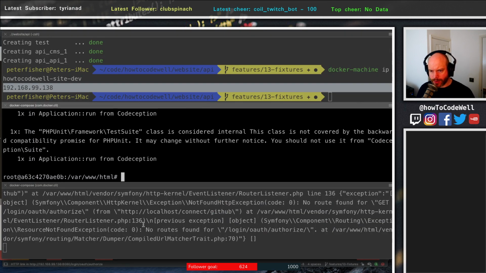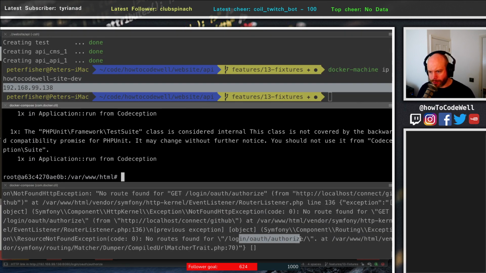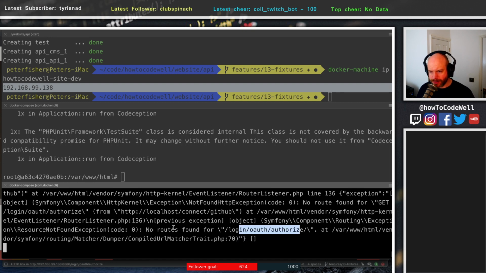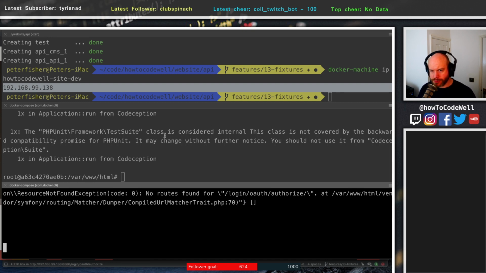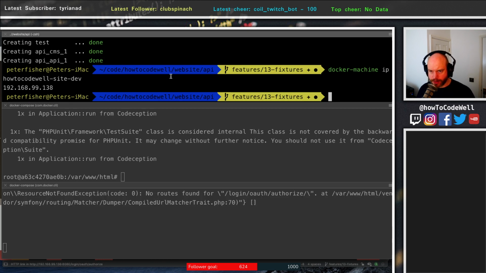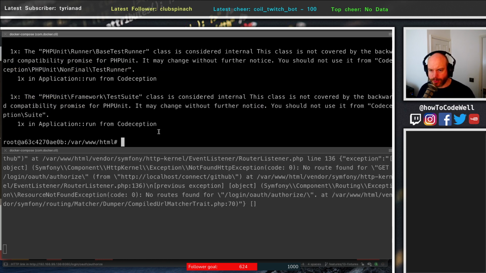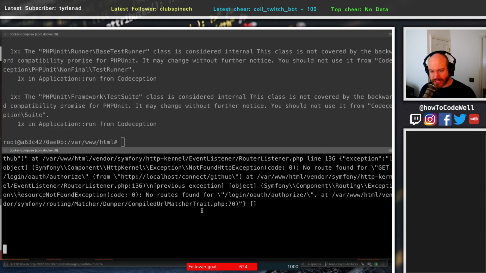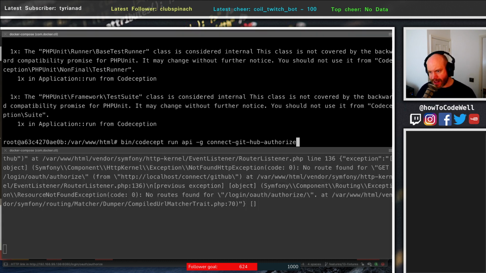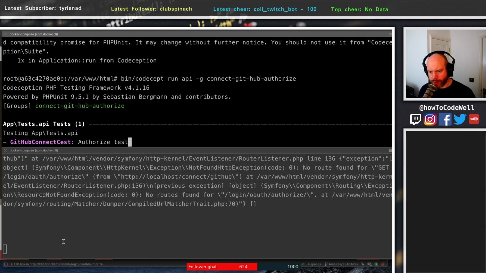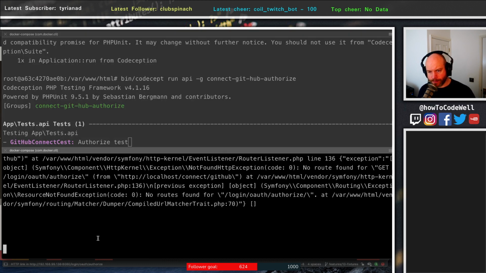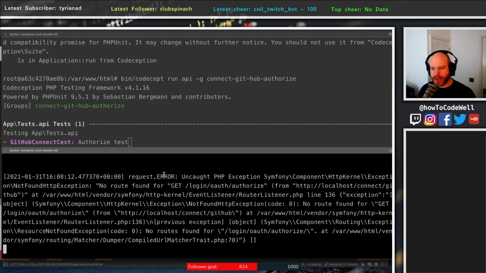Let's just... Here we go. Whoa, whoa, whoa. There we go. Login or... Yay. That worked. I'm going to just do it one more time to prove, and we're going to just get rid of this up here. Okay, so we're in the container for the API in this shell, and we're in the container for the test server in this shell. So if I ran this, we should see something being output down here, which we do,